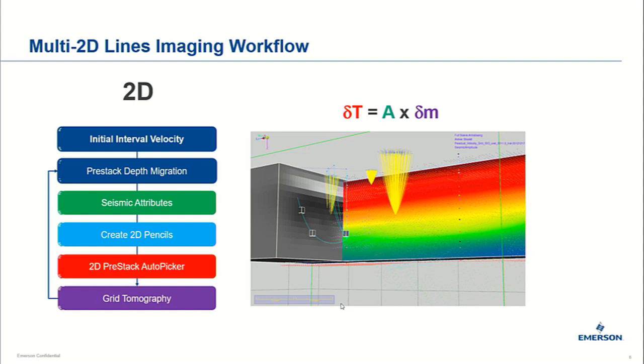We have delta t, which represents your time error on your CRP gather, i.e. the time difference between the flatness and what the real event actually is. So that's my delta t here. The A matrix represents the information along the ray path that you have shot to get your information. And delta M represents the updated model minus your initial model. So it can be just the velocity model, or it can be your anisotropy model, and so forth. And here, for instance, you just have a representation of where I shoot my rays